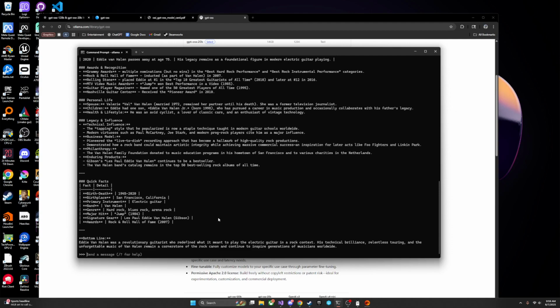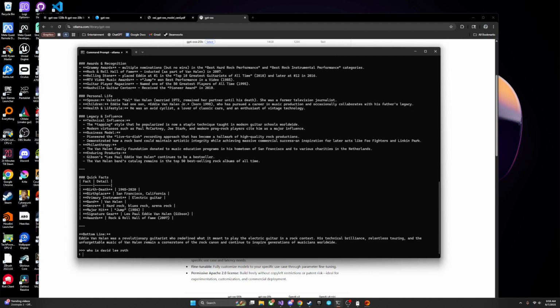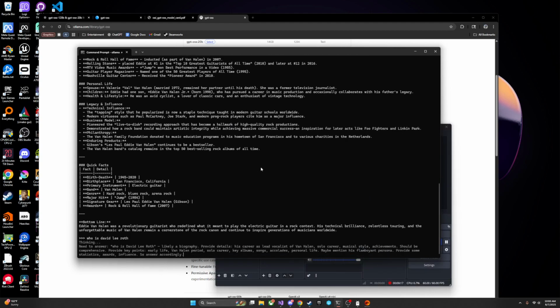So I can ask, who is David Lee Roth? This is the singer of Van Halen, for anyone questioning. So yeah, this is just per Ollama. It has this little loading symbol. It'll go through and start its thinking process. Alrighty, I am back now because it took about